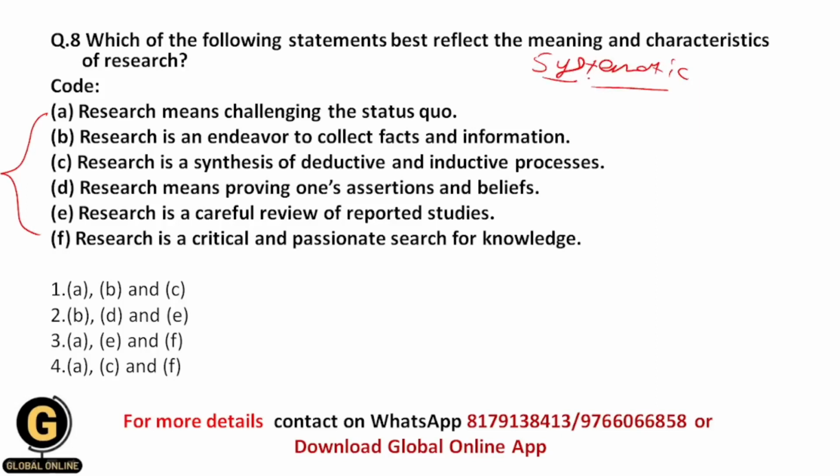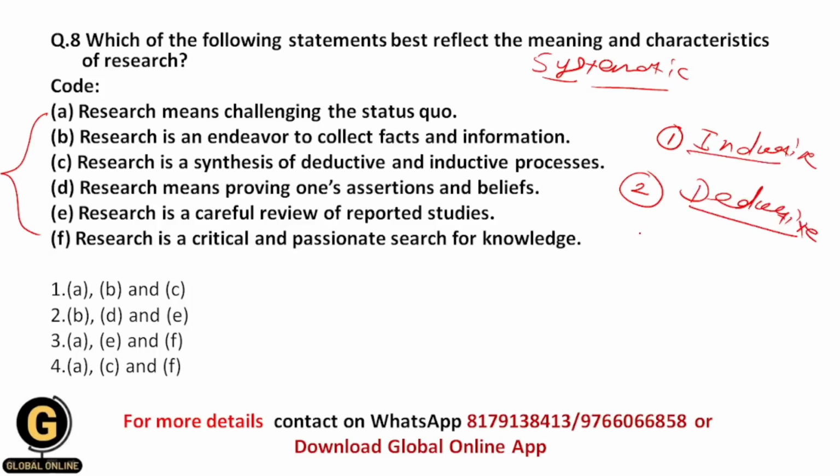Those characteristics include that research develops new insight into phenomena, and research can be done on specific observations to form a generalized theory, and this process is called the inductive process. The second is that whenever we have a particular type of theory, after that we think about the hypothesis that we can test based on that theory, and this is called the deductive process. So these two types of processes come under the research processes.